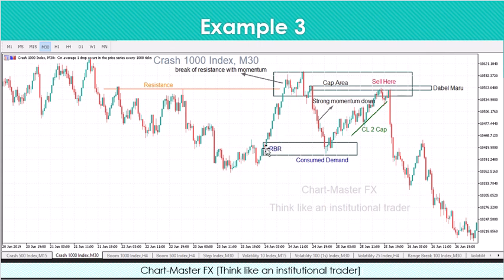You can see we have this one, we have this one as well, we have this one. So you don't know which one is the correct one, but you don't care, because the price is actually going to tell you which one it needs to respect. And you can see that the price came here to this RBR, and this RBR was able to hold the price. And when the price was held here, you can see that the price actually started to go up towards the cap area, guys, in